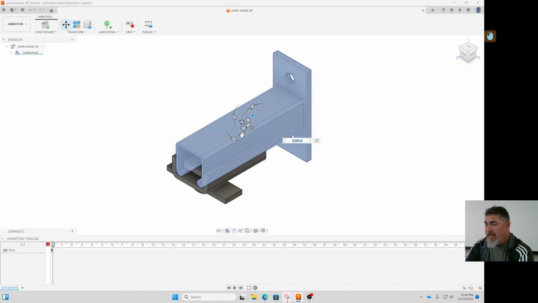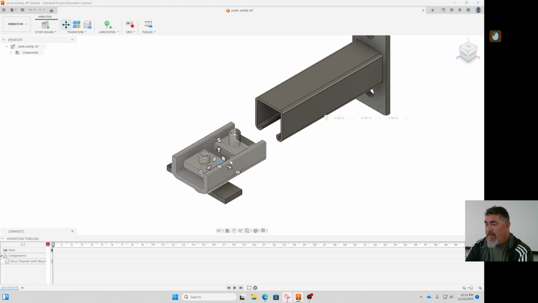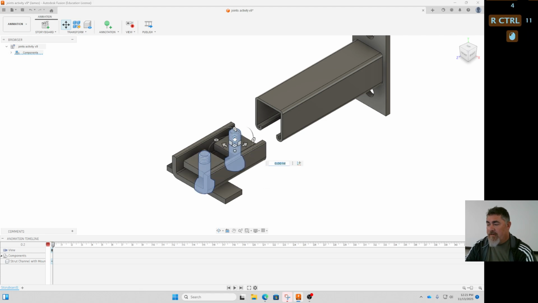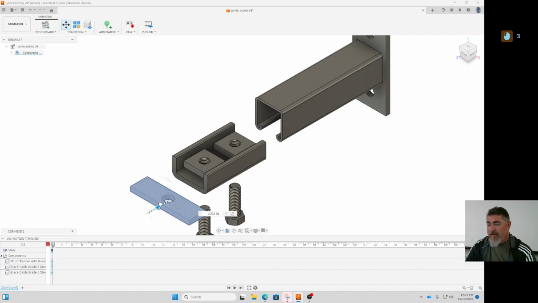So I grab this piece and we pull it back that way. And I can just click off. Now maybe I'll pick the screw, that one. So I want to pick both of them. I can just hold control, pick both of those, pull those down somewhere there, click off, grab this one. I'm going to pull this one out here, or